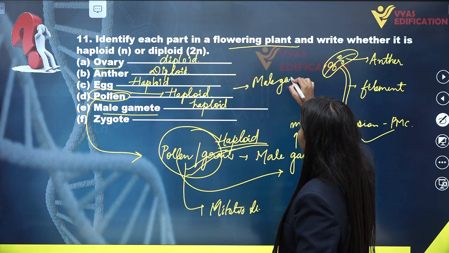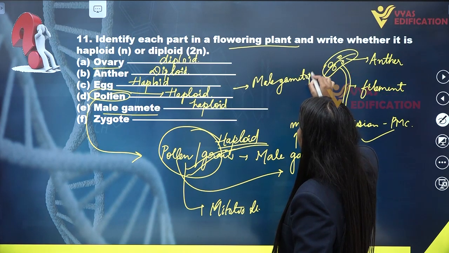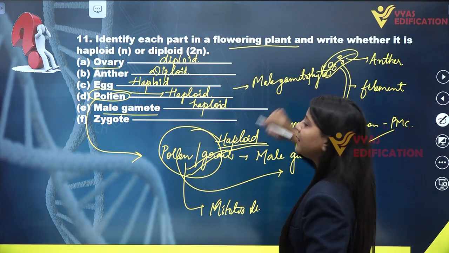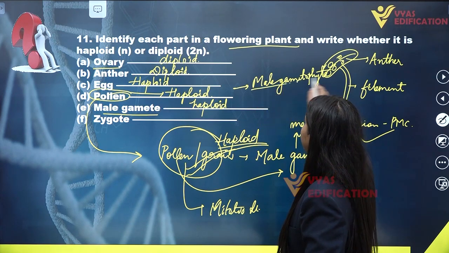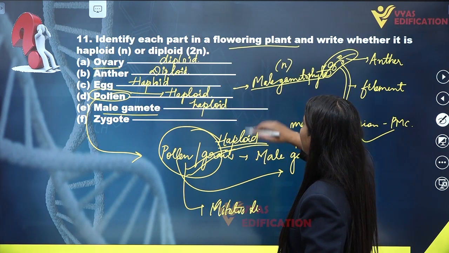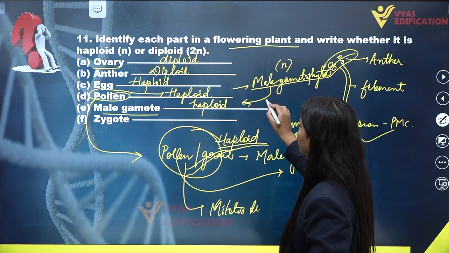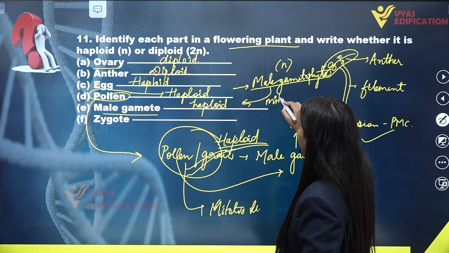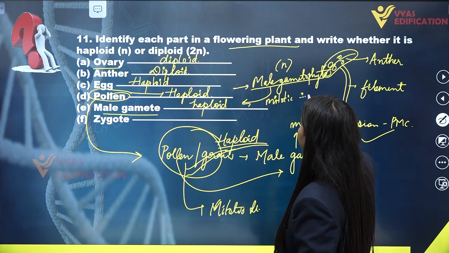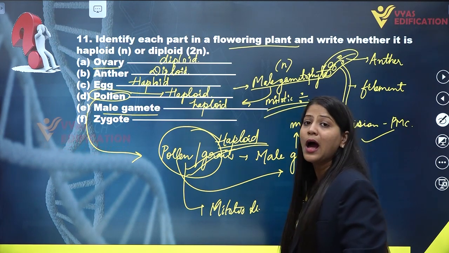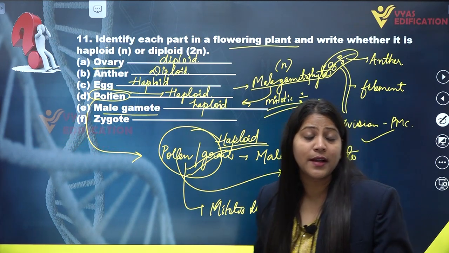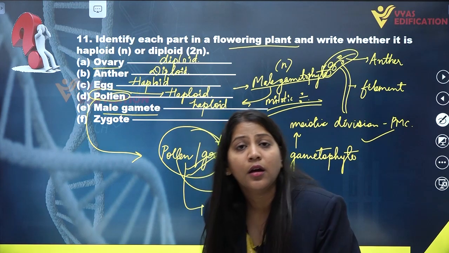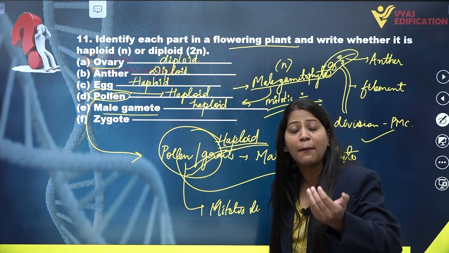That means it is a structure which is going to give rise to male gametes. Alright, a male gametophyte which is haploid in nature is going to form male gametes with the help of mitotic division. Mitotic division will occur in the generative cell of a pollen grain, and it will form two male haploid